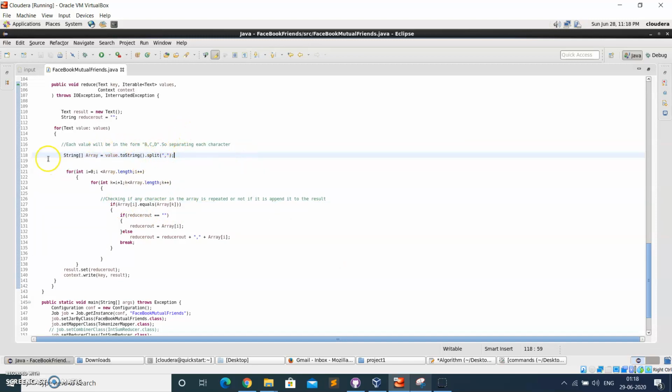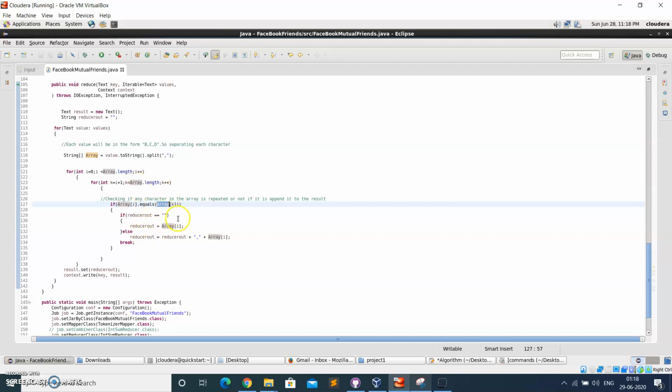For that, what we have done is we have loaded all the friends into this array, that is all the values that are coming in. When we extract each and every part of this array, we compare if array of i equals array of k. When C becomes equal to C, this will come inside and get appended to the reducer out.